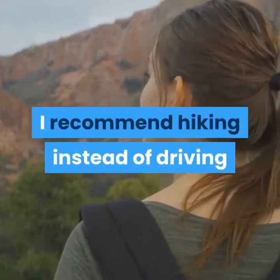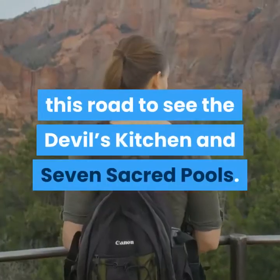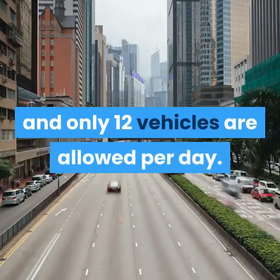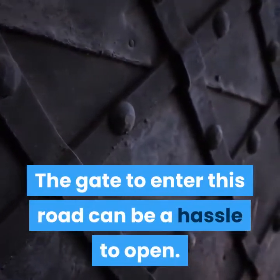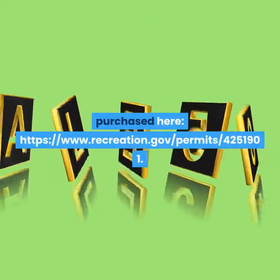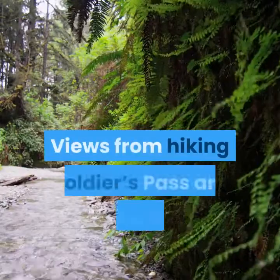More OHV trails to try. Soldiers Pass, intermediate. I recommend hiking instead of driving this road to see the Devil's Kitchen and 7 Sacred Pools. A permit is required to enter, and only 12 vehicles are allowed per day. The gate to enter this road can be a hassle to open. The permit can be purchased here,